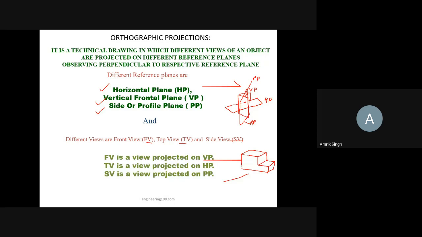So if I look from this side and I draw this view, this will be the front view. Okay. Then if I look from the top, this will be the top view. And if I look from the side, either from this side or from this side, it will be the side view. Okay.